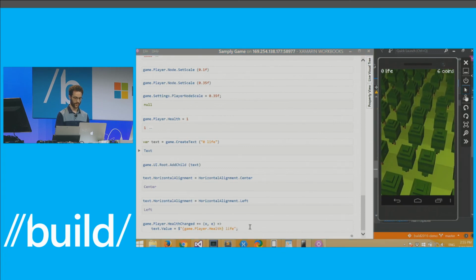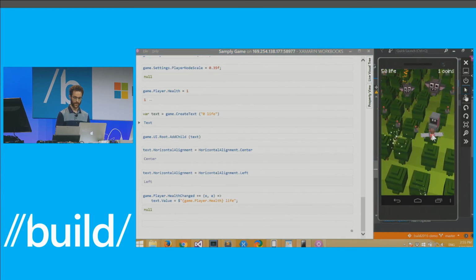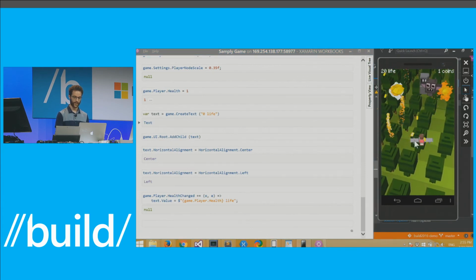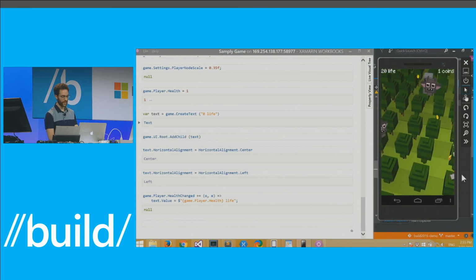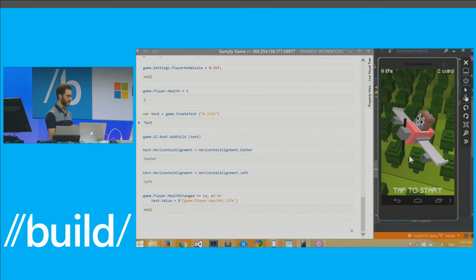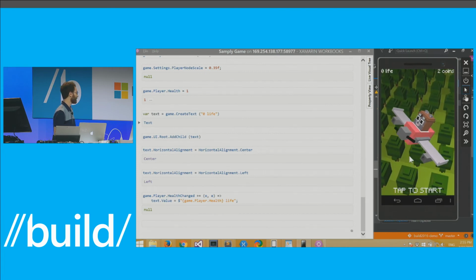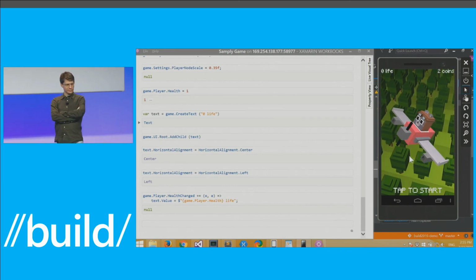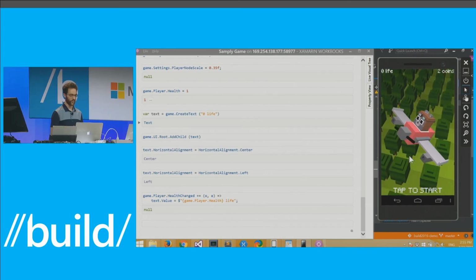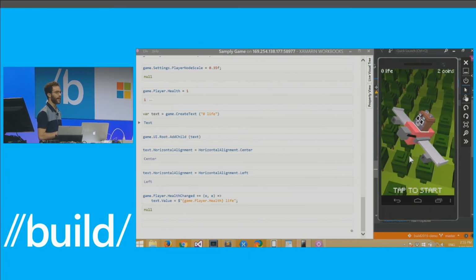So let's see. Let's hook that up. There we go. We've got 70 life. And every time we get hit, it's going down, it's going down, it's going down. So basically, without ever having to restart this app, I can start playing around, tossing components on. Honestly, UrhoSharp is just a really great system to use with the inspector and just mess with it as long as the game's running. And I didn't have to shut it down and recompile once.